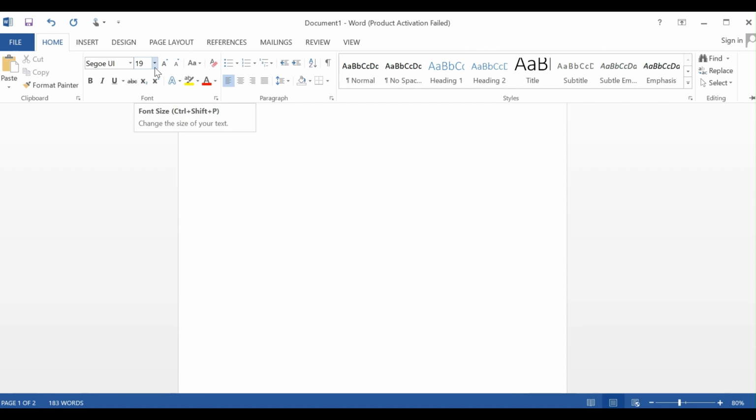Below are the options to bold, italicize, and underline. We also have increase font size, and we have decrease font size. We have change case for selected text, change your text color,